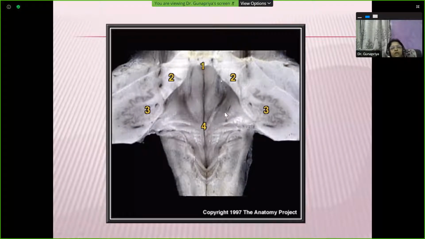To repeat once again on this specimen, the superior angle and the inferior angle. The superior angle is going to continue above as the cerebral aqueduct. At the inferior angle, the cavity will continue as the central canal. That is the superior cerebellar peduncle, a part of the cerebellum, the dentate nucleus.